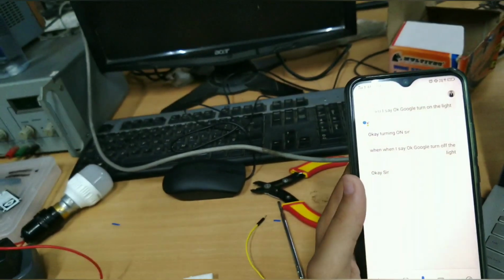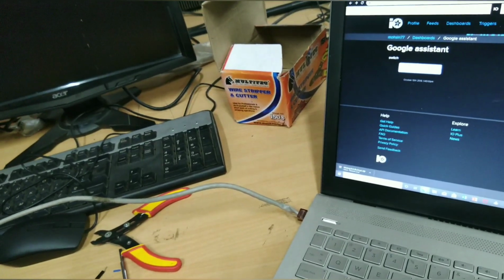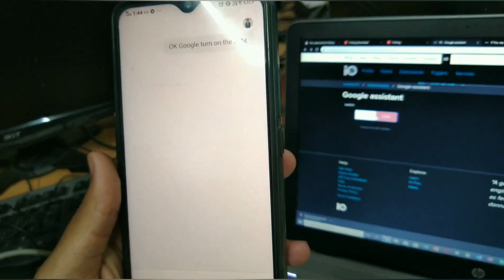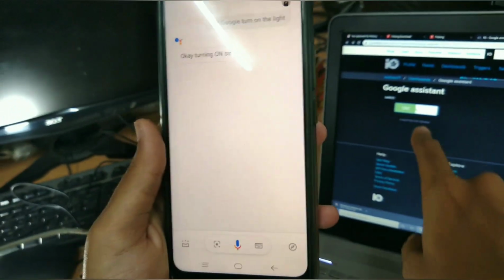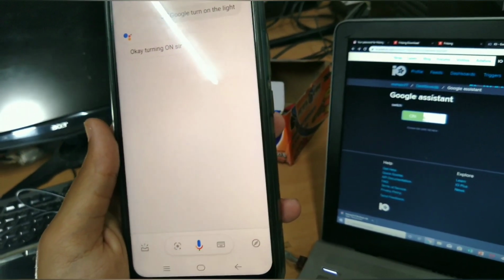It's turned off. And similarly, when I say, "Okay Google, turn on the light," Okay, turning on, sir. It's seen on the Adafruit feed also.